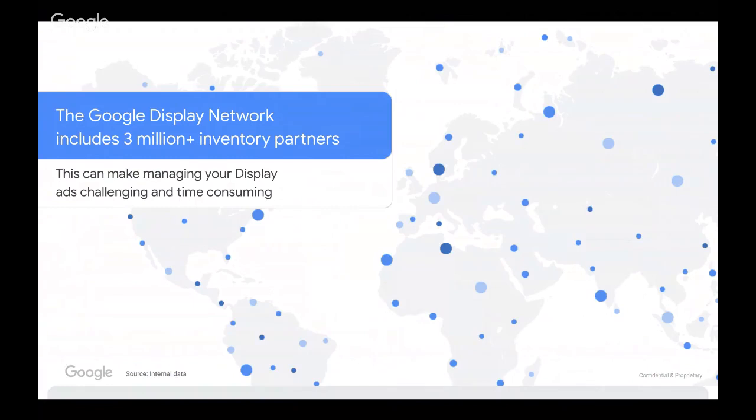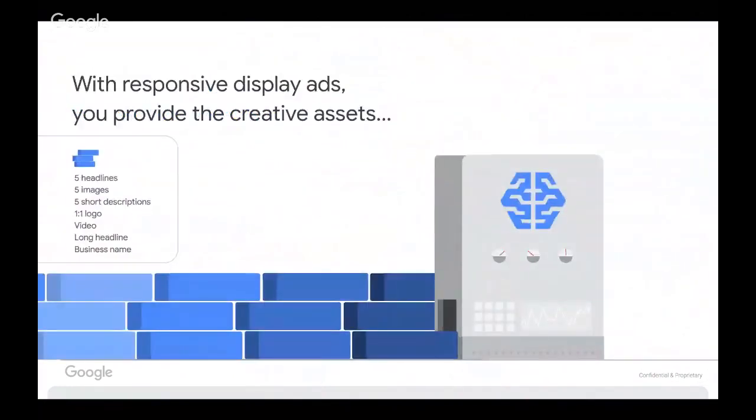However, today the Google Display Network includes more than 3 million inventory partners. So this can make management of your display ads increasingly challenging and really very time consuming. And that's where the responsive display ad is going to come in. So similar to the responsive search ads, you simply provide the creative assets for the ad format. So you need to enter 5 headlines, 5 images, 5 short descriptions, your logo, a long headline, and your business name to start. And you can set this ad unit up via the Google Ads interface, the API, or the